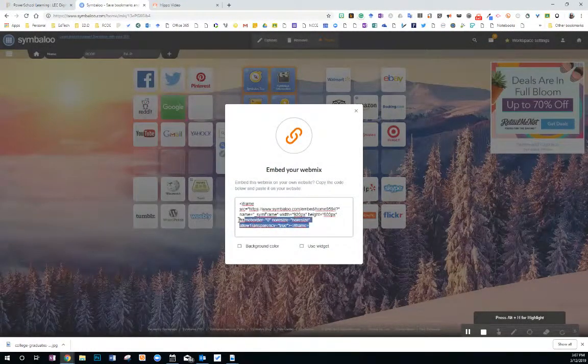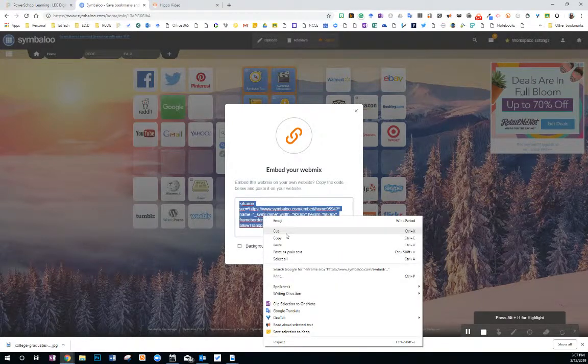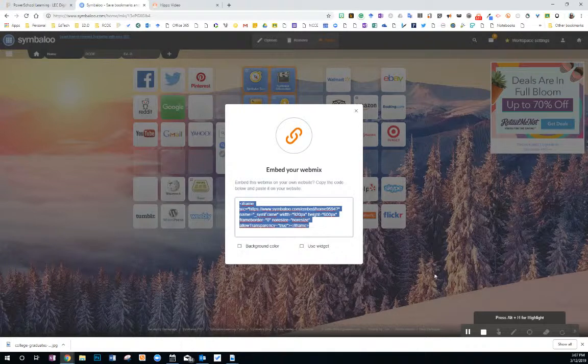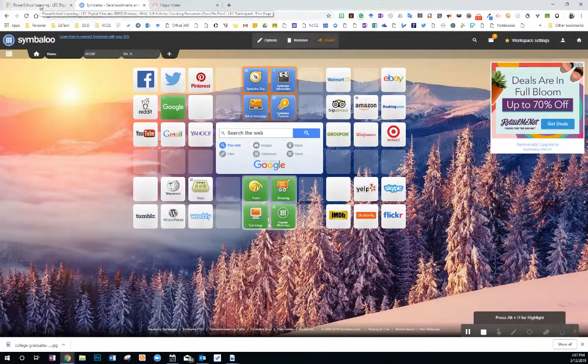Then I'll need to copy this information to my clipboard. Copy, or I can just highlight it and press Control-C. And then I can close that. Then I'll go to my